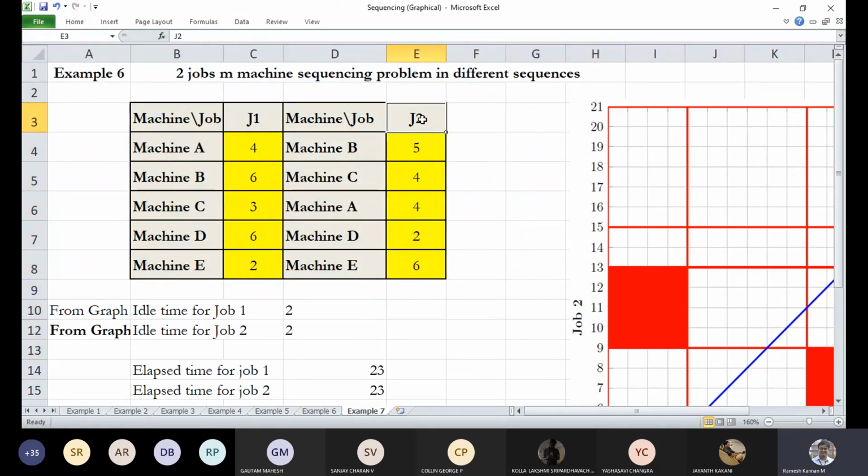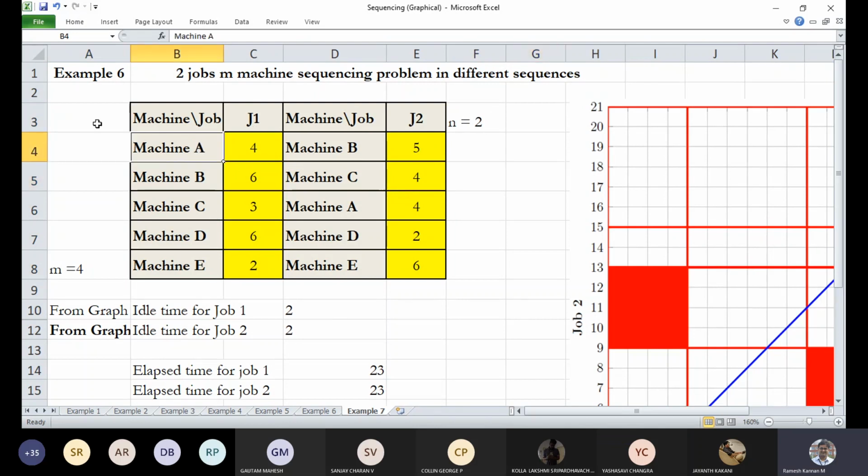We have got two jobs and M machines. Here M equals 4, so we have got 4 machines and N equals 2, 2 jobs. So this is the order.